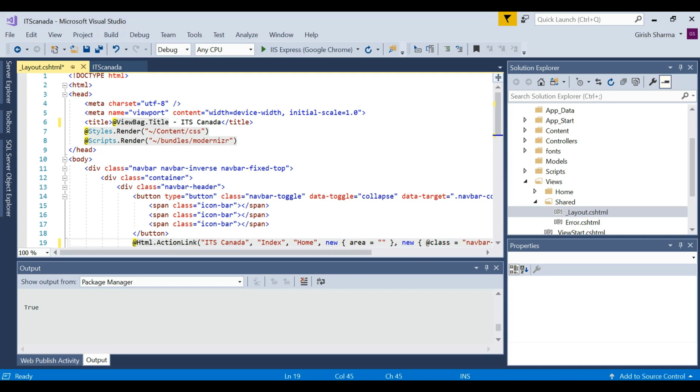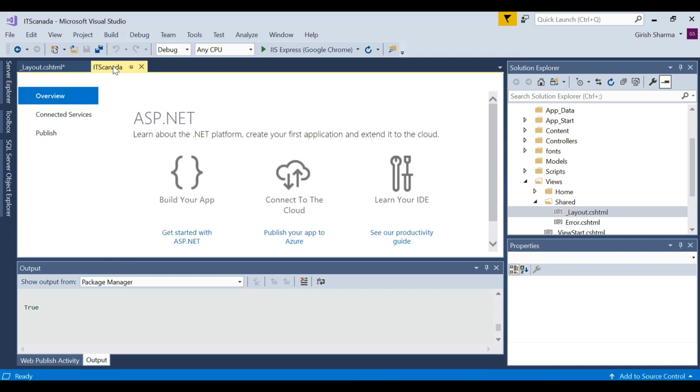Okay, and there are a lot of other things that you can do. So whoever is a web designer, they can tweak a lot, right? They want to customize this, but I just want to test how this load balancing will work. So what I'm going to do is go and